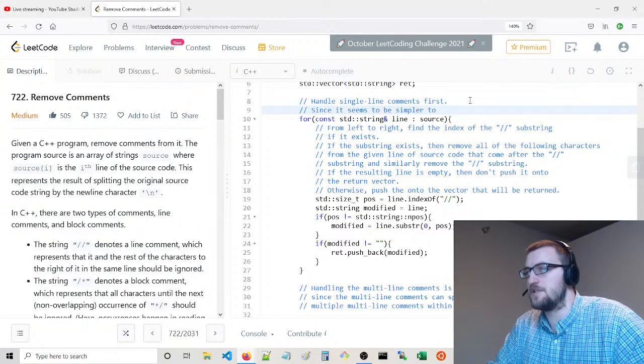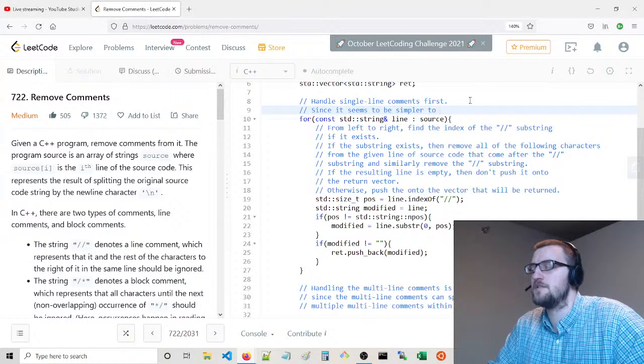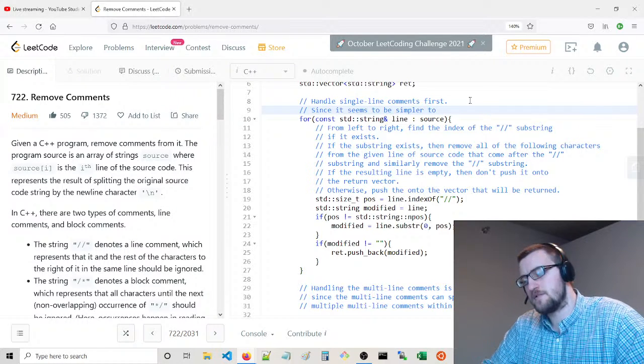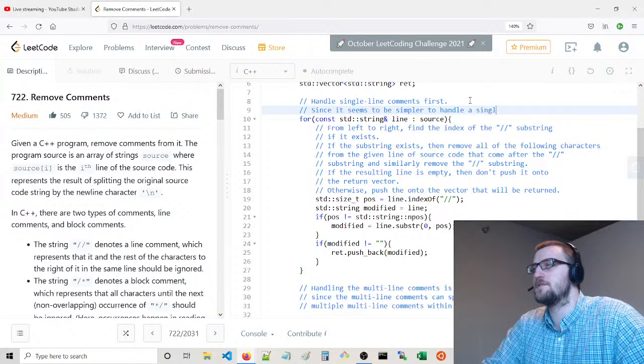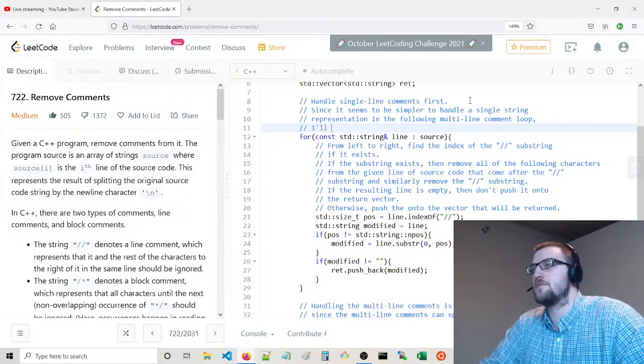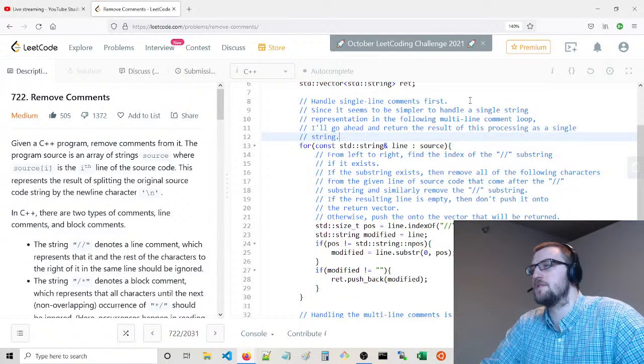Yeah, you can do it. You don't need to do that, now I'm thinking about it. Well, how do I do this? Handle a single string representation, following loop. I'll go ahead and return the result of this processing as a single string.